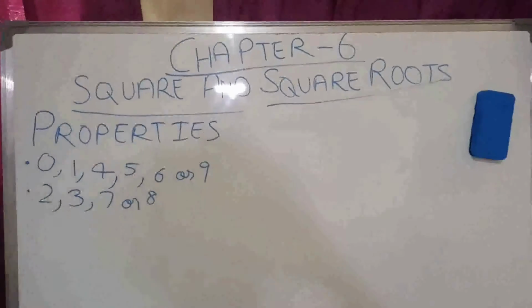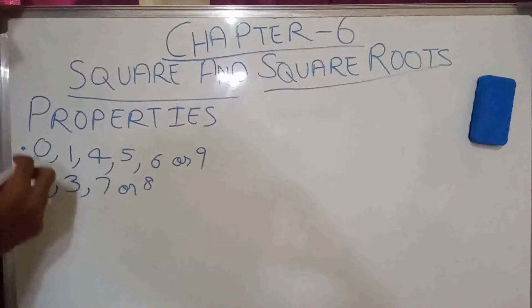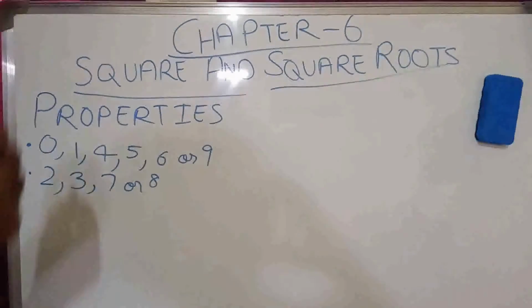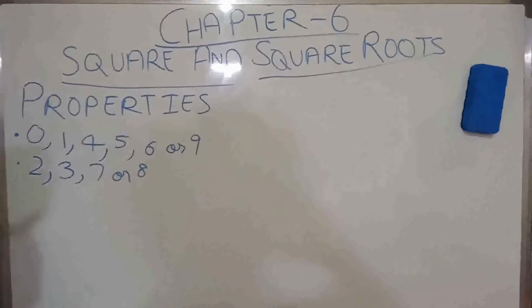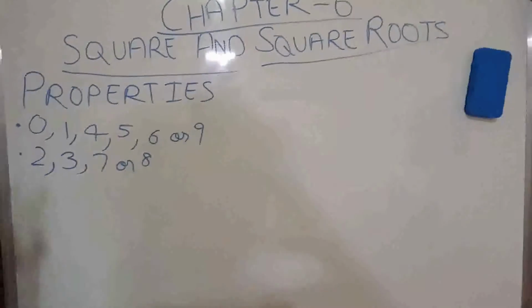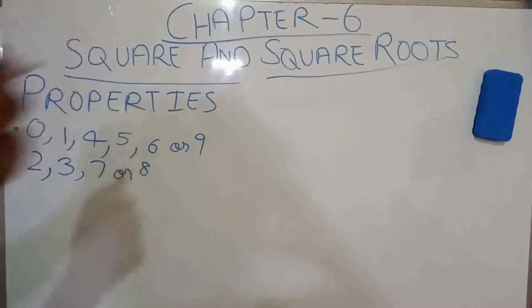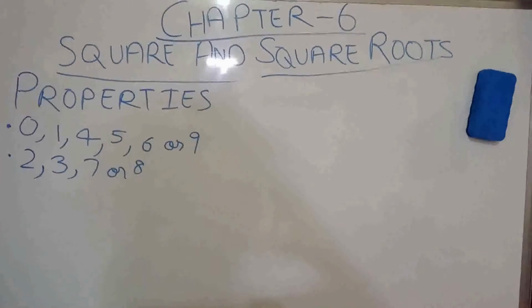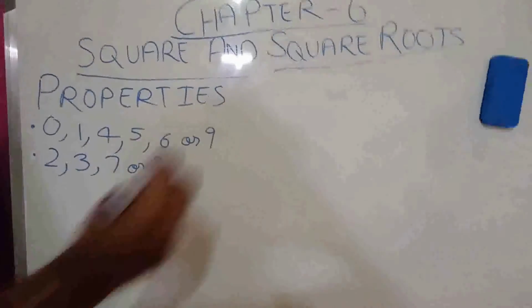So like that, you have to always look at the unit digit to check if these numbers are there or not. If 2, 3, 7 or 8 comes in a unit digit, that means that it will not be a square. But if 0, 1, 4, 5, 6 or 9 comes, then there are chances that it can be. Okay, next we will see